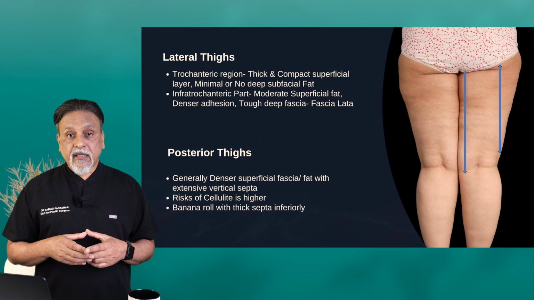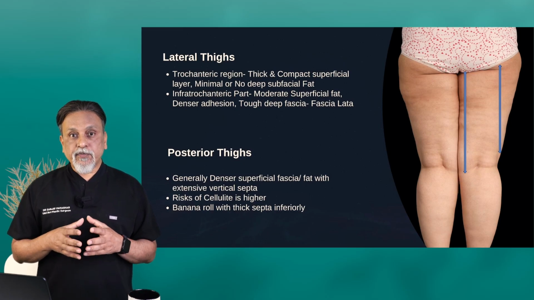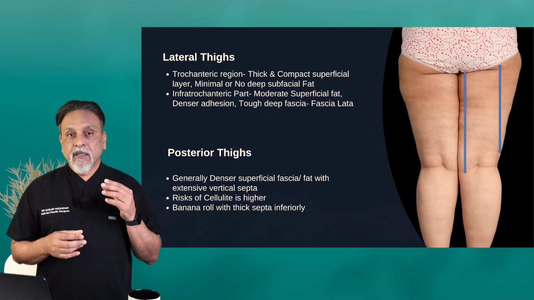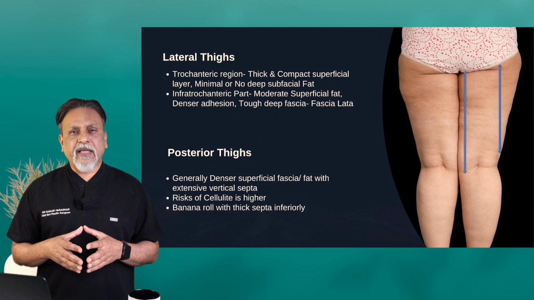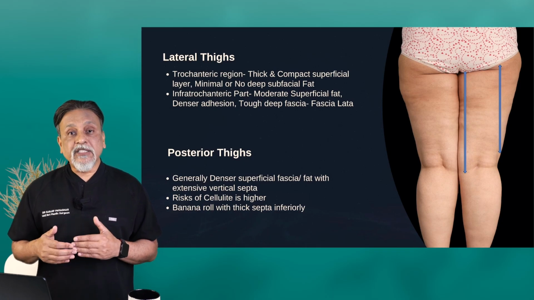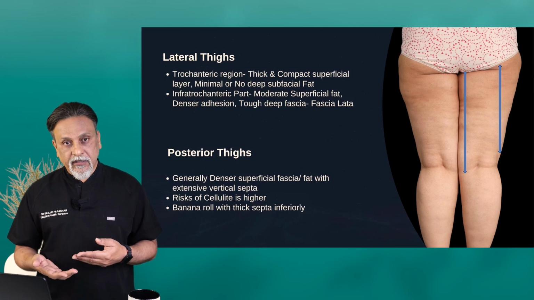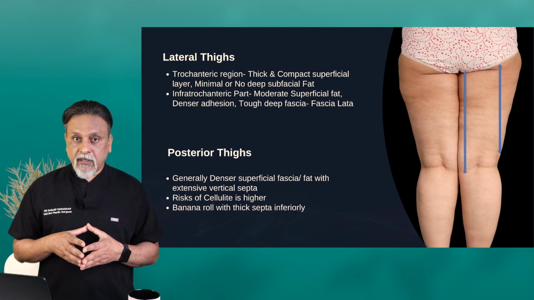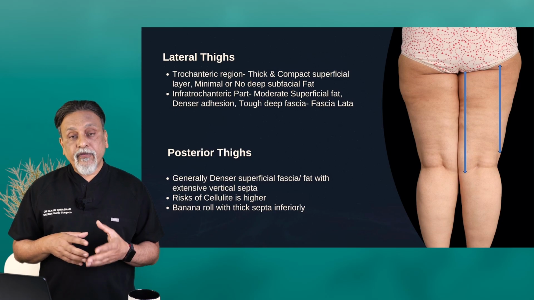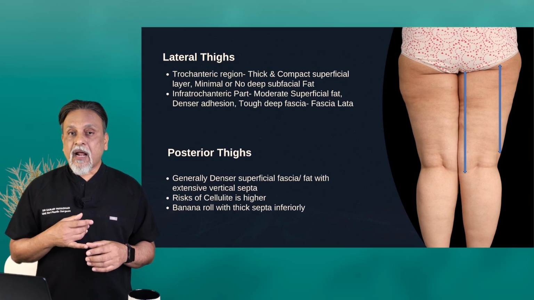So when you're doing liposuction in lateral thigh, it's predominantly in the trochanteric area, not so much in the infratrochanteric area. Posterior thigh is very, very important to understand, because posterior thigh has thick layer of areolar fat with extensive fibroseptal network, much more than the anterior thigh, because obviously you sit on it, you sleep on it. And it's more vascular, hence the risk of cellulite is more. If you do liposuction in this area, there are high chances that the